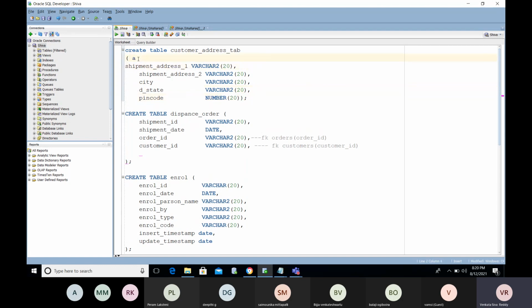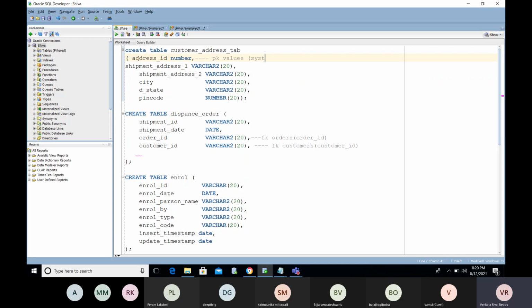We will maintain an address ID. For the address ID number, you will maintain a surrogate key or candidate key, or you can maintain some primary key value. It is a system generated number here.